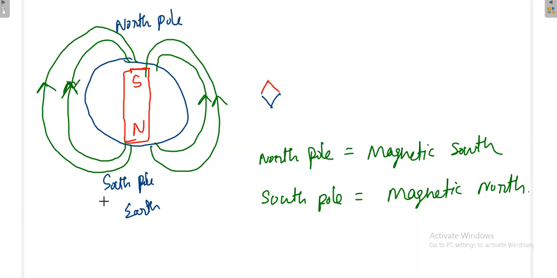Once you are in some position, you keep the mobile phone in any direction, no problem. The compass present in the mobile phone, the red color, will give you the direction of the north pole, and it will also give you the strength of the magnetic field. Then I will bring a real magnet near that mobile phone. Then what is the change I am getting?